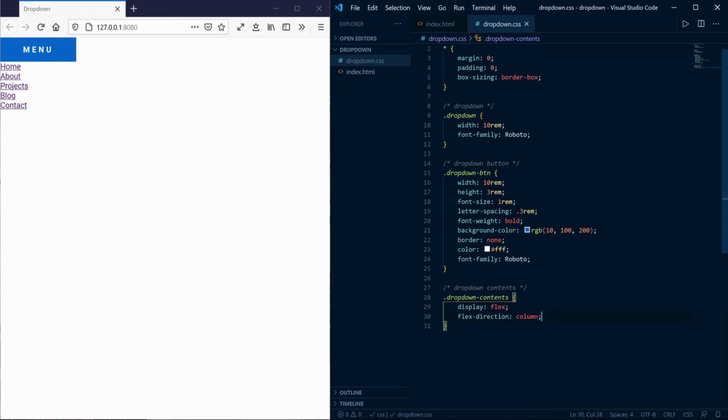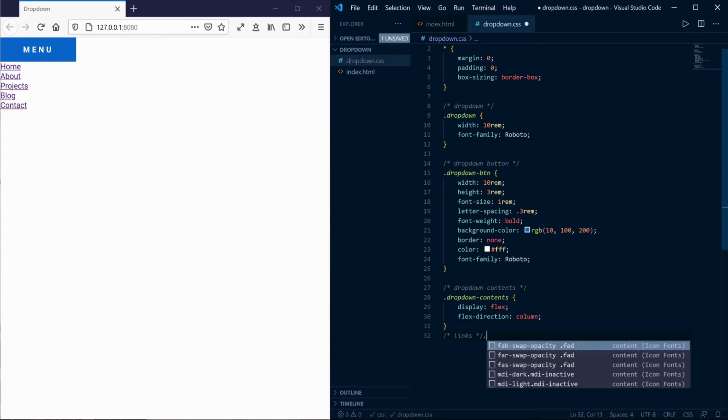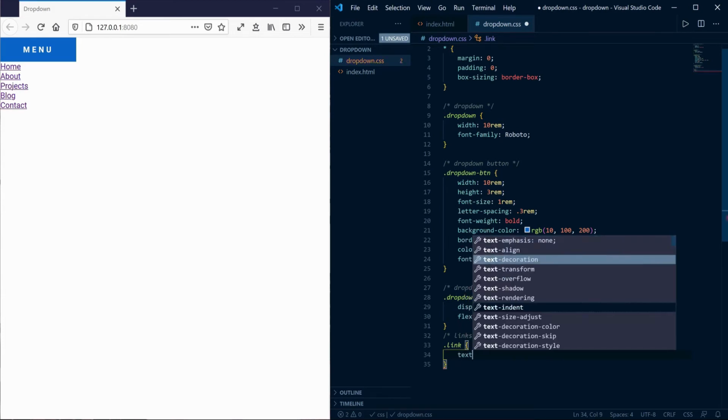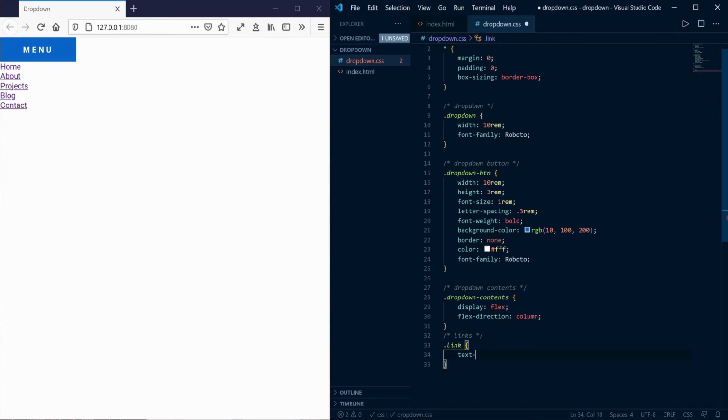This arranges drop-down contents in a list. Now grab link class. Set text decoration to none. This removes underline in your link.